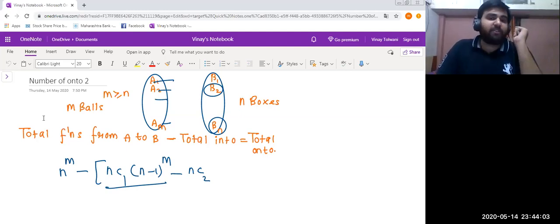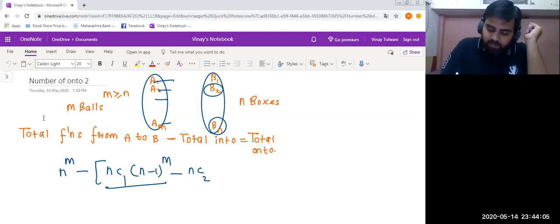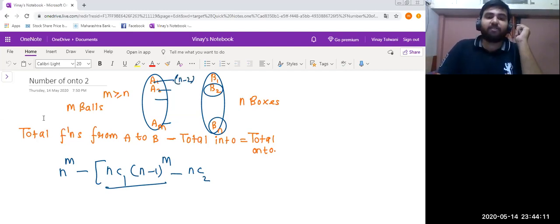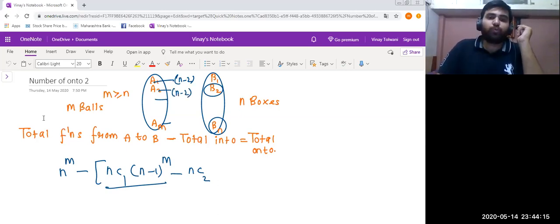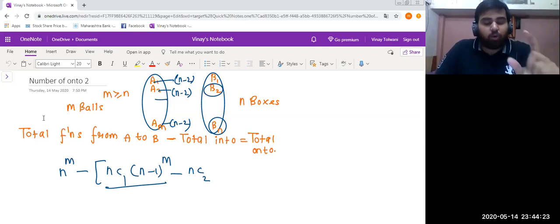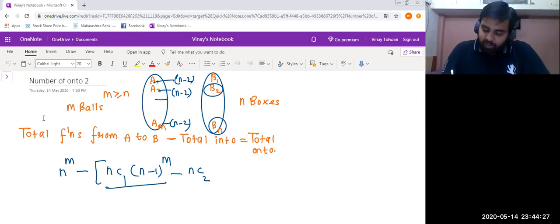A1 is left with n minus 2 choices. A2 is left with n minus 2, and AM is left with n minus 2 ways. So after selecting those two boxes which have to be empty, in how many ways can we put those objects into the boxes? N minus 2 to the power m. And in this way, it will be continued.